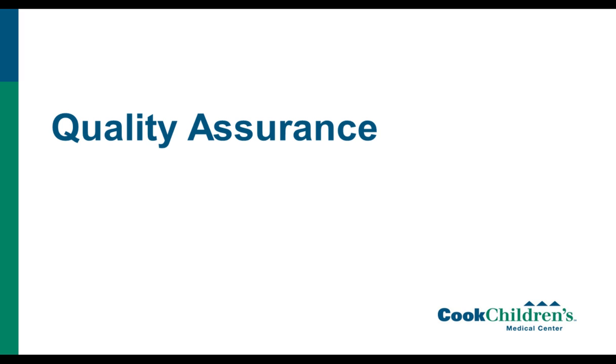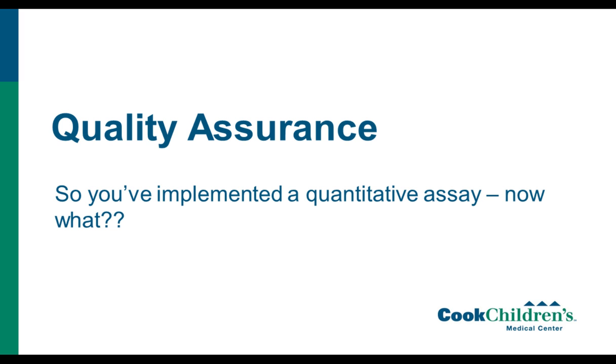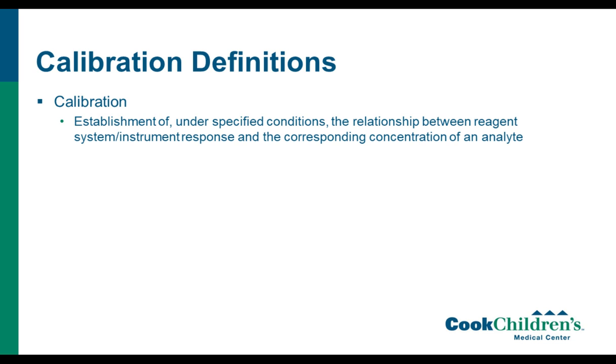Once your assay is implemented, you'll want to think about quality assurance. This is what CLIA refers to as validation or ongoing assurance to make sure that your assay is still performing as expected. So now you've implemented an assay, and now what do you do? There are different definitions for calibration, and we'll talk about those. So we've talked about